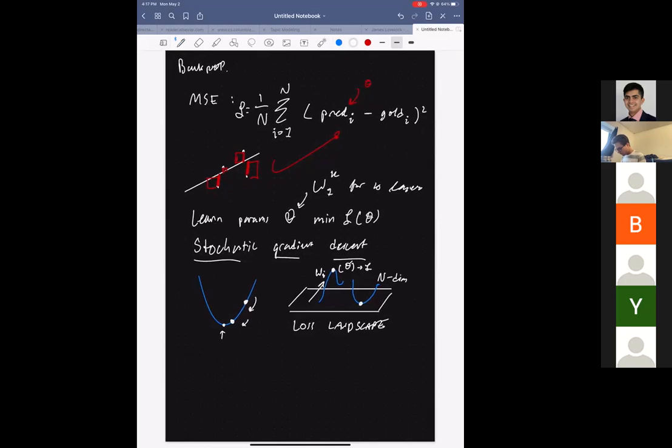And so what this algorithm looks like is we want to randomly initialize the weights theta. And then for each epoch, maybe we have k epochs, we first want to shuffle the data set. We'll represent the data as X and Y, and we want to shuffle them. Maybe we have n examples. Shuffle. And then for each example, for i in n,